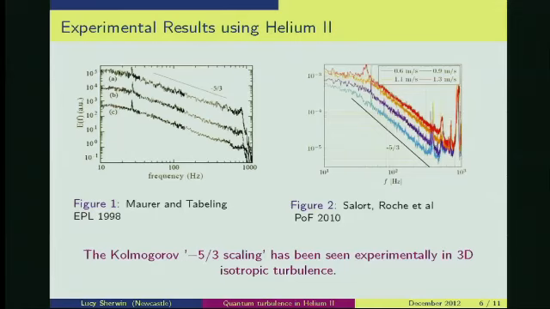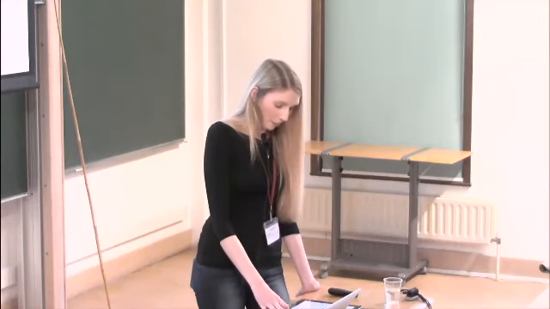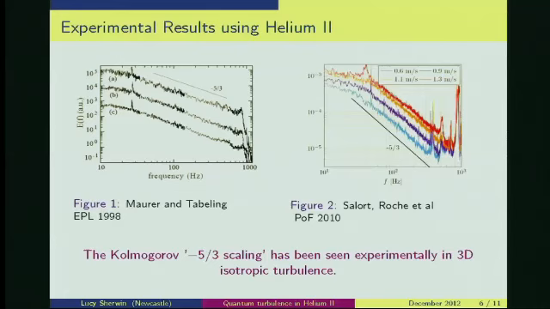Okay, so now I'm assuming from everybody having heard Carlo's talk that most, if not everyone, will be familiar with the concept of an energy cascade from large to small scales within a classical turbulent flow. And what these graphs represent is actual data from experiments using helium. And these two figures show the measured energy spectrum of